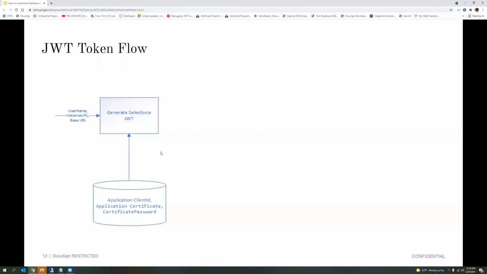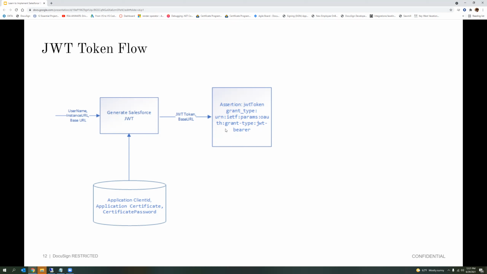Once we pass all this information to our function for generating the Salesforce JWT, it creates a JWT token. It uses RSA encryption, and it generates the JWT token based on these parameters. Once that JWT token is generated, you send it as a POST request to that base URL with the following body. The assertion is the JWT token which you generated in the first block, and then the grant type. You can see that it's a static parameter, so you can just hard code it once and go from there. The grant type is standard.